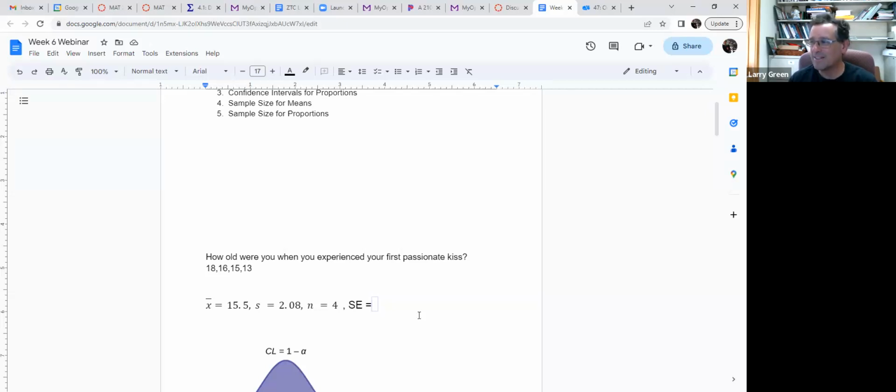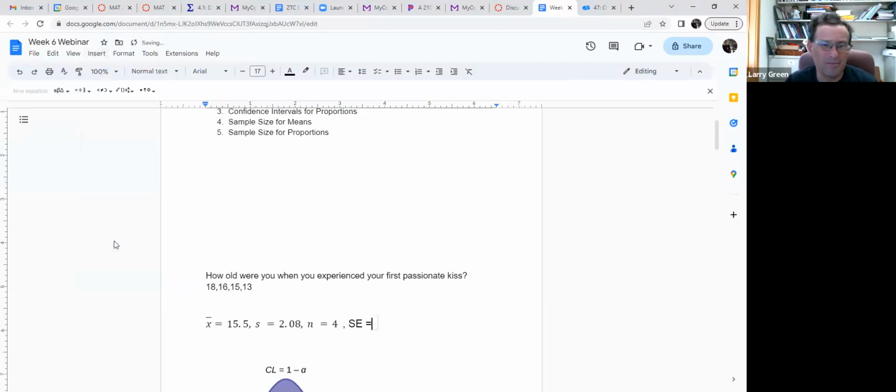All right, maybe I'll remind you. Okay, so the standard error, that was the standard deviation of the sampling distribution with the sample size n equals 4. And the central limit theorem told us that the formula for the standard error is sigma over root n. In this case, we have s, so we'll do s over root n. So let's go and put that in. And that's 2.08 divided by, shift these, I have to do it this way.